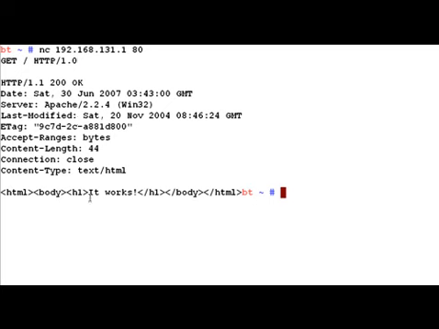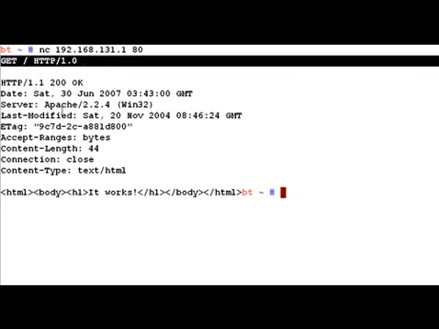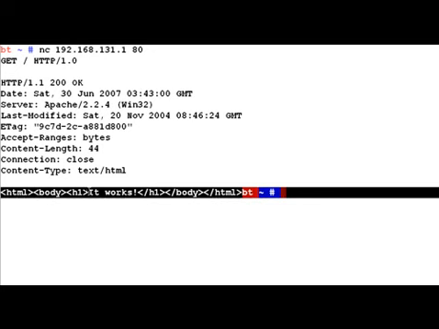If you notice, we can see the familiar It Works page. This is an Apache server for Windows platform, and it has responded to our manual HTTP request and thrown us this very simple web page which says it works. So the Netcat utility in client side mode is nothing but your glorified telnet, and it has a lot of other things which telnet does not have, and we'll look at some of these now.